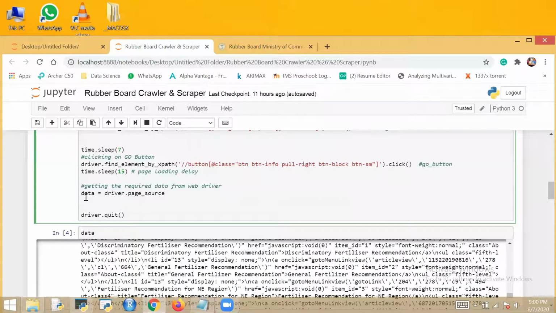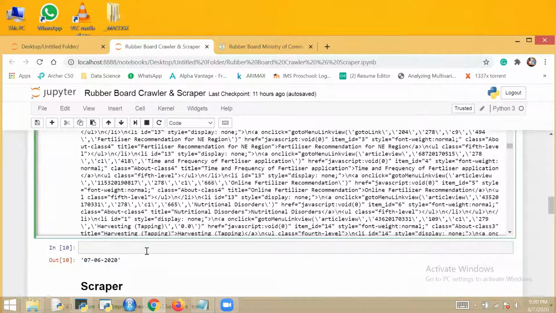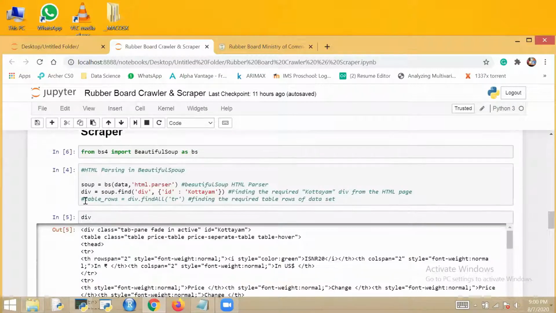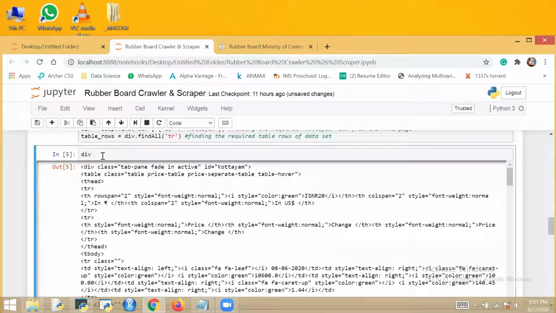See, I wanted to check what came in my data. I've given data here. It showed me what is there in my data. Similarly, you can do. Now I will find all my table rows under that data, and I will store it in table rows.